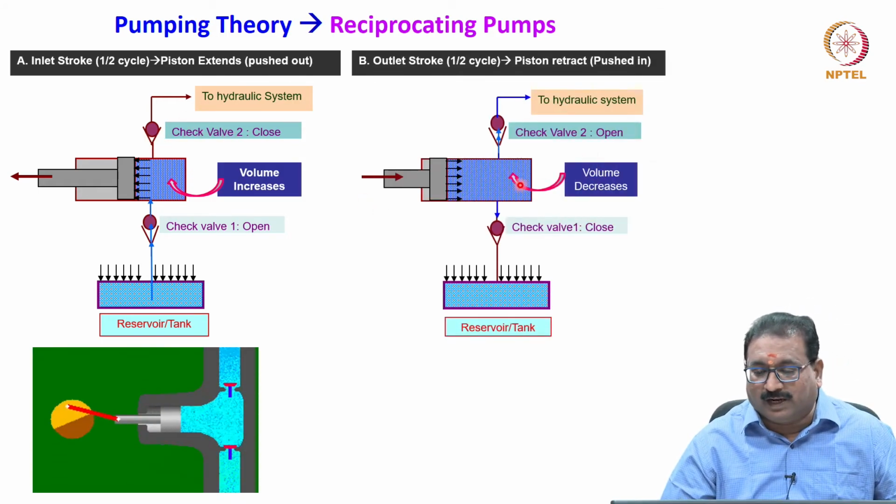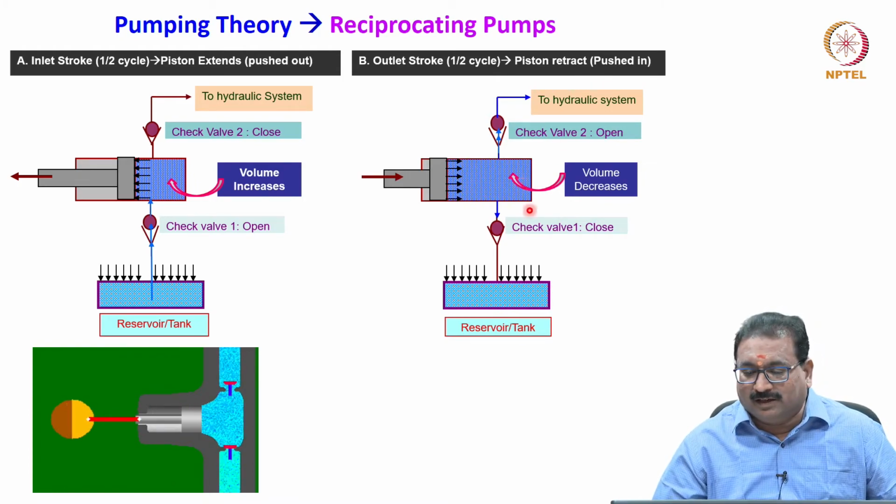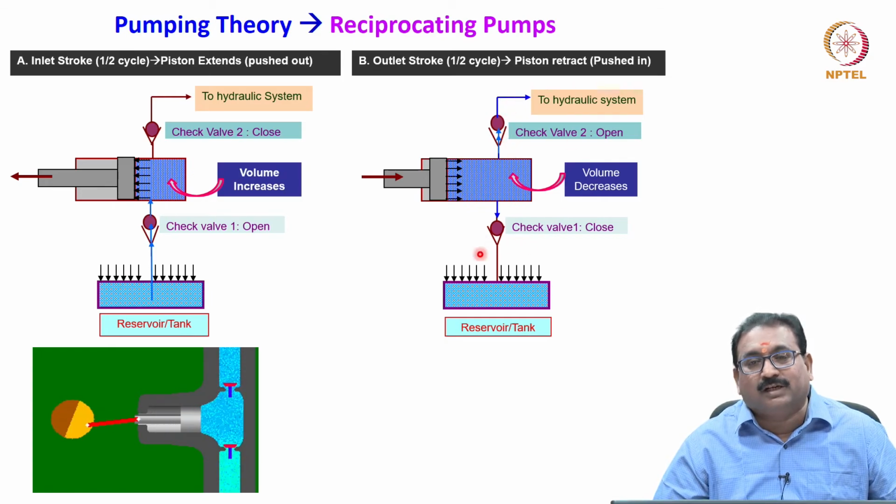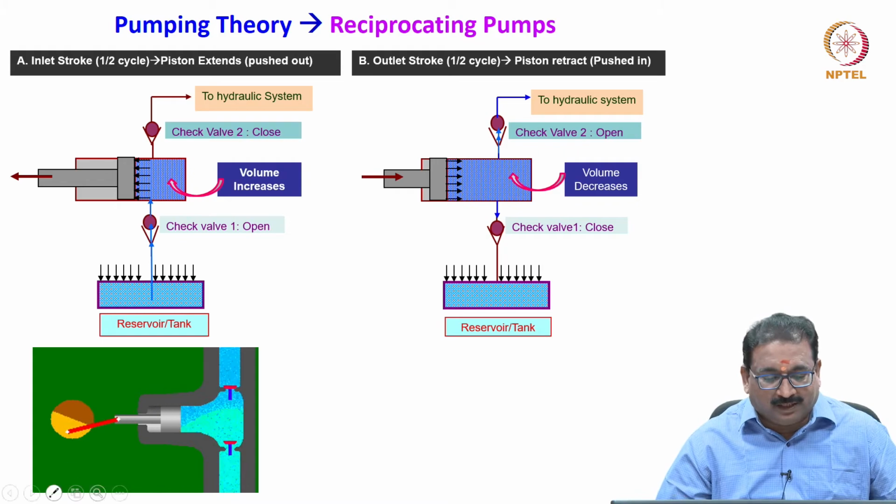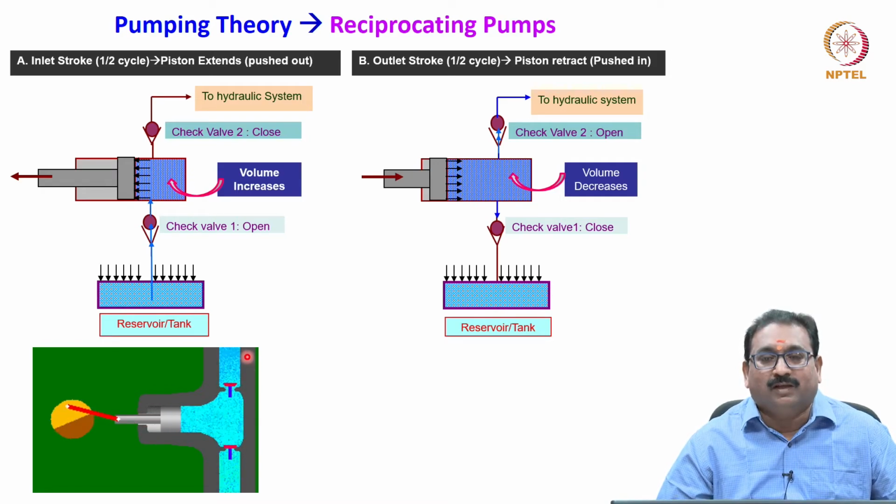You will see here, friends, what I have shown you. On the other cycle, when you push it in, the fluid will move here, not through this, it will be closed. You will see the animation also. When it moves out, the fluid will be sucked. Then it will push in, this will close, this will go. These are the NRV1 and NRV2.